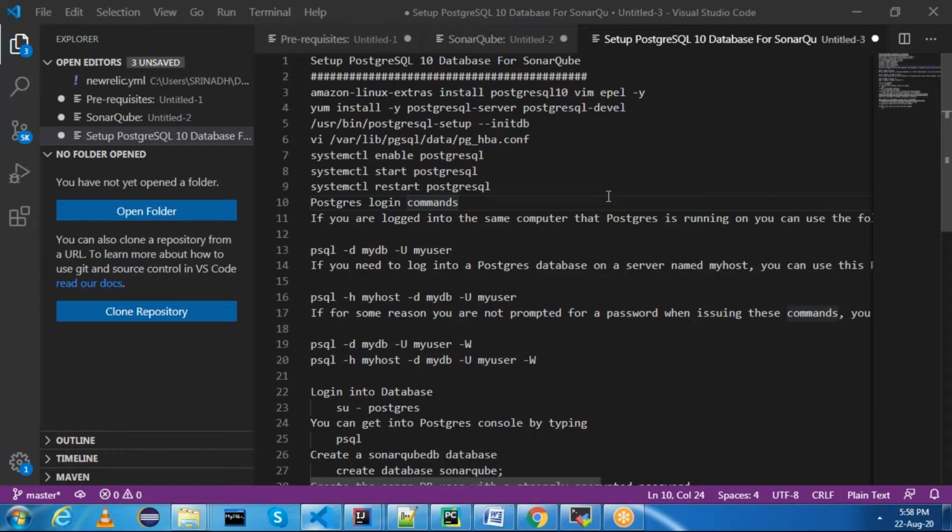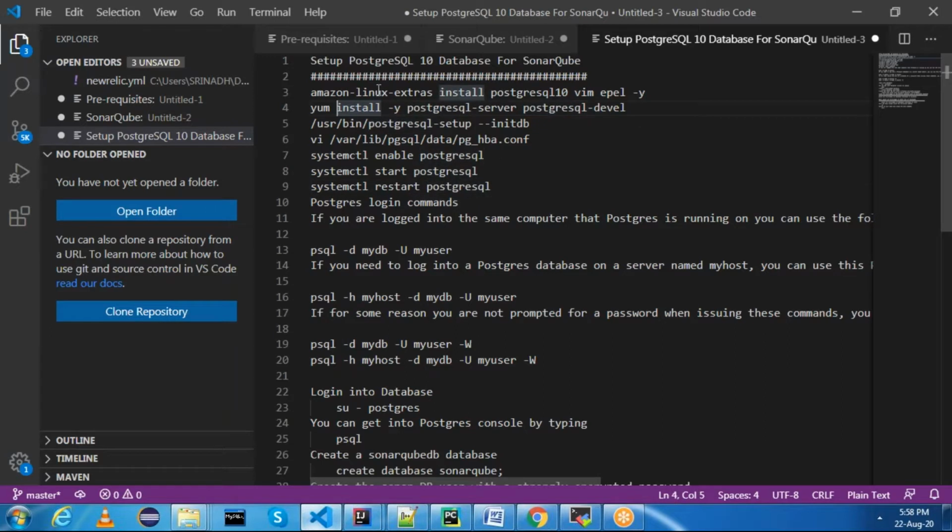Either we can go with the default user Postgres, or you can create your own user. And if you want to connect with remote connections as well, we can see that part as well. Okay, let us get started with the implementation steps.